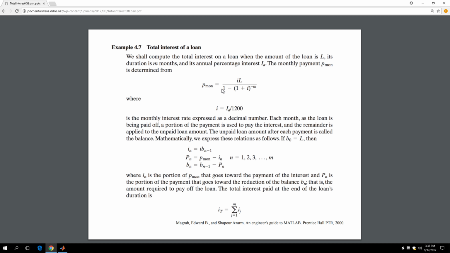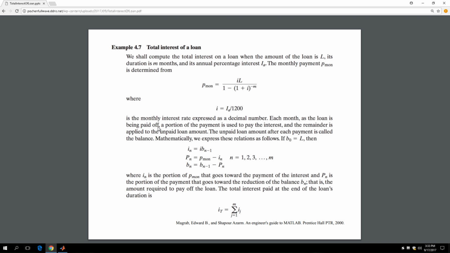That's the equation for computing the monthly payment. So small i is the monthly interest rate. First of all, it's monthly, it's not annual, right? And then it's an interest rate expressed as a decimal number. It's not a percentage rate anymore. So each month,